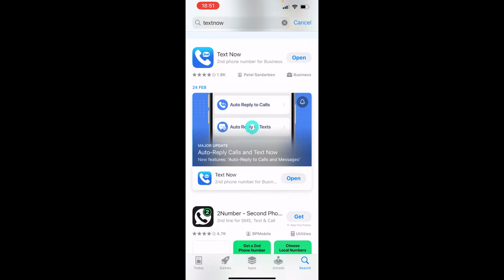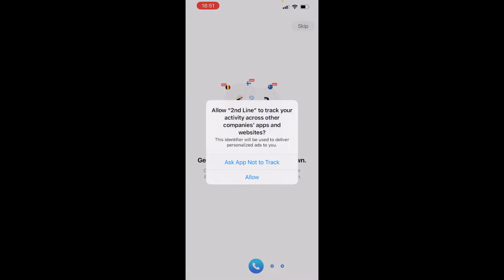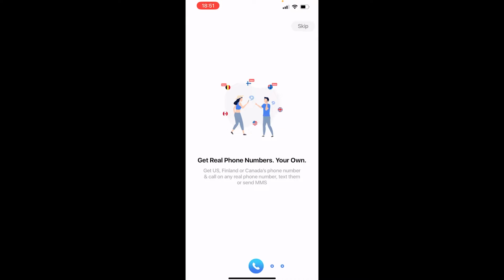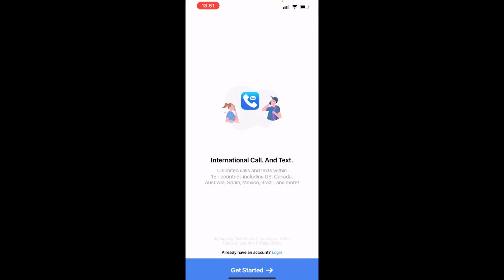So now we've got that downloaded, we can go ahead and open it. So you just want to run and open the TextNow app. Now from here, it's going to ask you to track activity, just allow that, and you can go ahead and scroll through this and it's going to tell you more about the service. Now what we're going to do, we're going to click on the Get Started button at the bottom of the page,